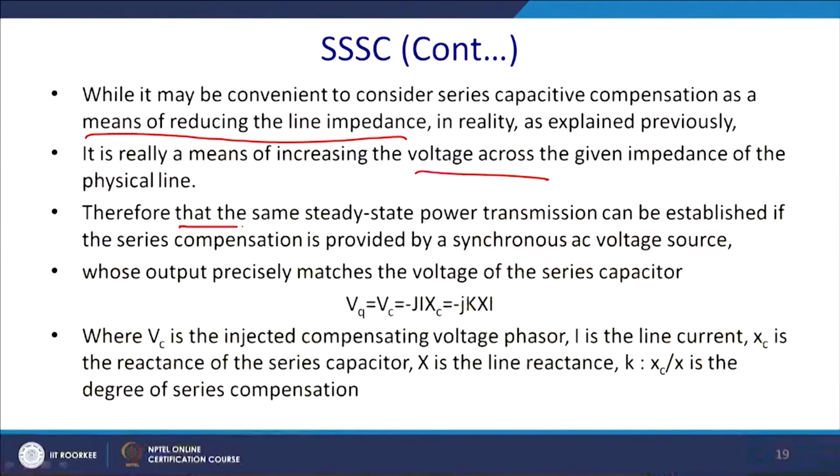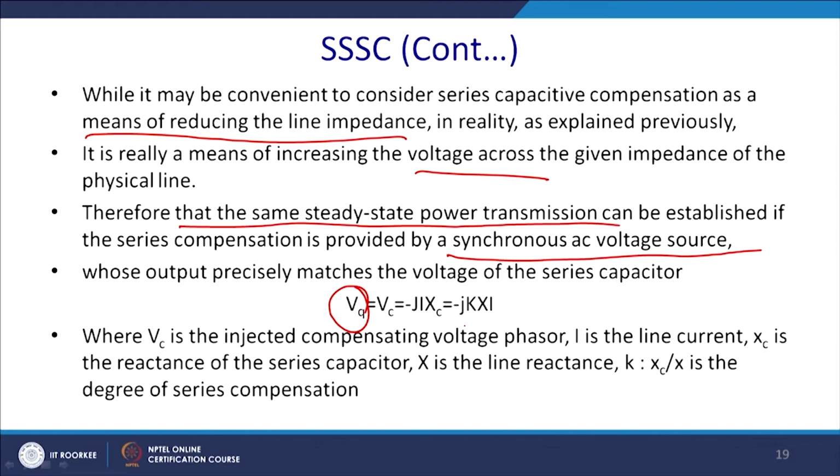that same steady state power transmission can be established if the series compensation is provided by a synchronous AC voltage source. That is the basic principle of operation of the SSSC, whose output precisely matches the voltage of the series capacitor. Thus, VQ equal to VC equal to minus j I XC equal to